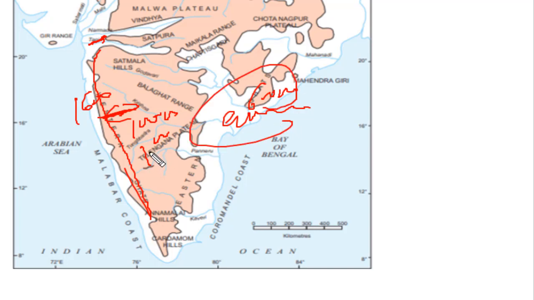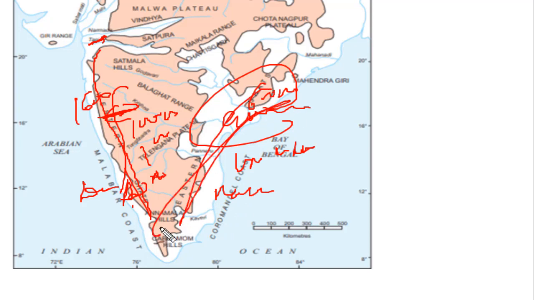And there are several mountain ranges which are present in this range. What are those mountain ranges? The mountain ranges which are present in this Deccan Plateau or Western Ghat are Doda Betta and Anaimudi, and Anaimudi is the highest mountain in the Western Ghat range. And in the case of Eastern Ghat, there are valleys, Mahanadi, Nilgiri hills, and Mahendragiri is the highest peak in the Eastern Ghat region.